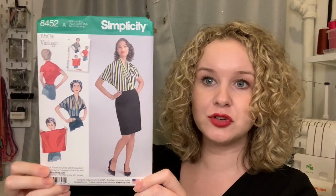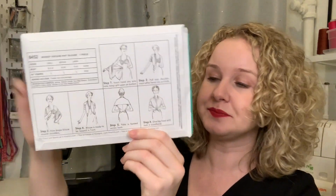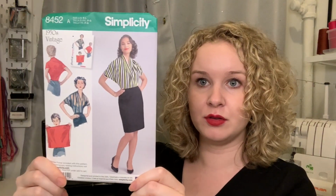Again, very simple shirt pattern, but this is one of those ones where I'm going to be able to look at it, see how it's constructed. This is very unique. You don't normally see this kind of pattern. Even comes with very simple instructions here in the back. All it calls for is either jersey or stretch velvet with two-way stretch. Very cute little top. Next is a 1940s pattern,